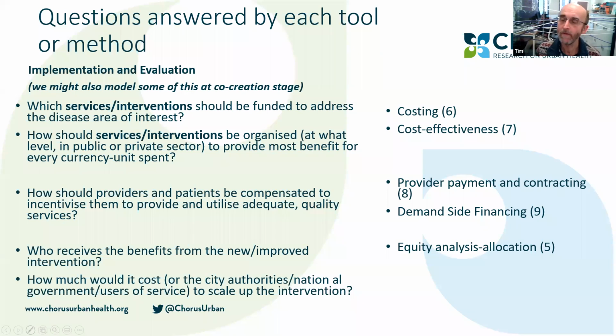So once maybe we've done a pilot of an intervention, there's then the really big question of how much would it cost to scale up an intervention? This stage is actually often missed within our projects. You know, as researchers, we think about doing a pilot, doing a nice evaluation of that pilot, and we prove maybe that the intervention is cost effective. But we miss out this final stage, which is the really important one of scaling up.